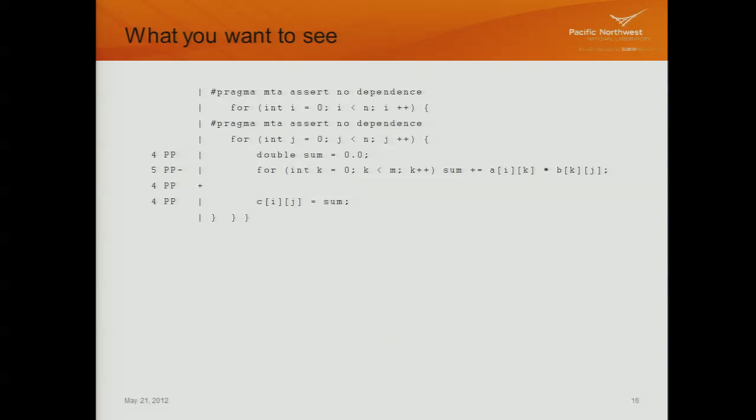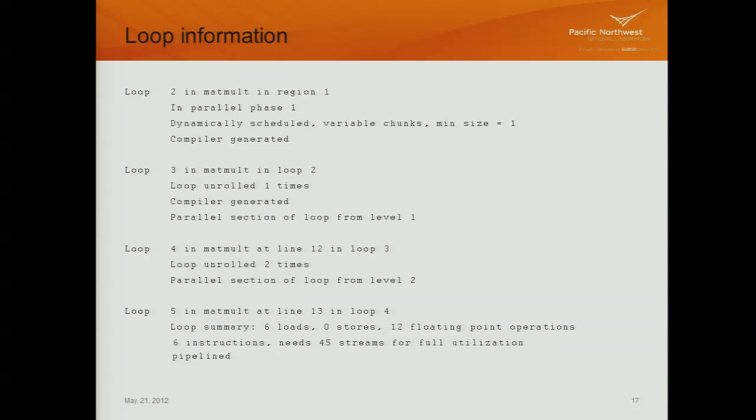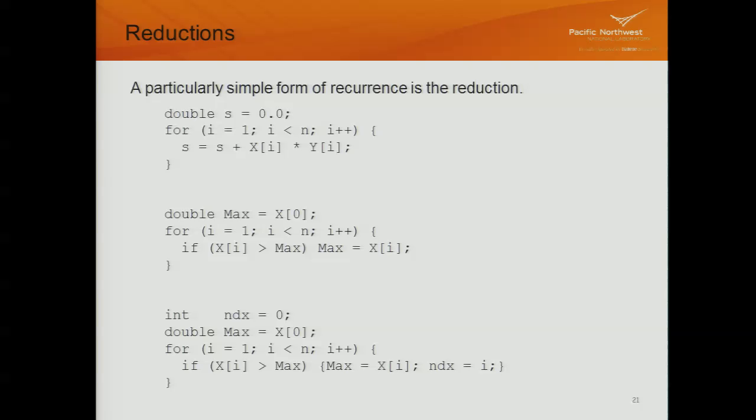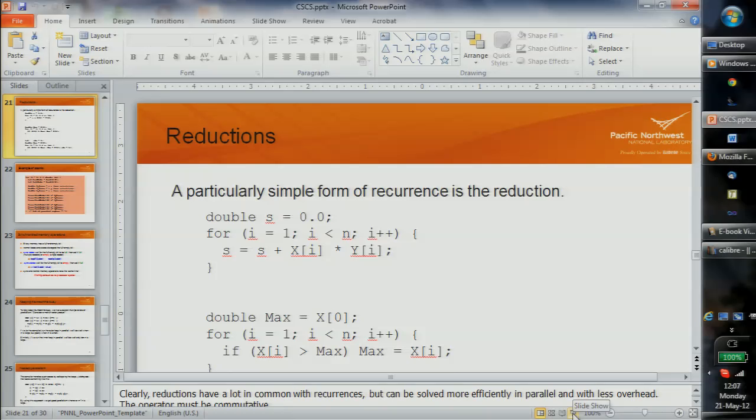And the pragma that you will use 80 or 90% of the time is simply #pragma mta assert no dependence. Now, because I know that the rows of I point to different memory locations, because I set up a correct two-dimensional array, I can simply put a pragma before the I loop, telling the compiler that there are no dependencies on I, and a pragma on the second for loop, telling the compiler that there are no dependencies in the J loop. And by simply adding these two pragmas, I've taken